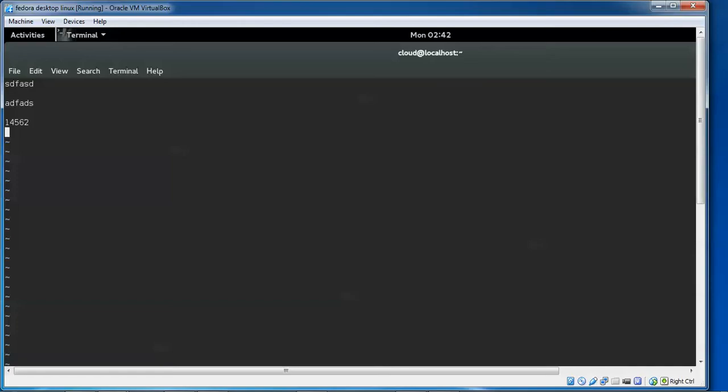Here, press Escape and type :q, so it's going to quit. This is my text file I'm editing. Press Enter.